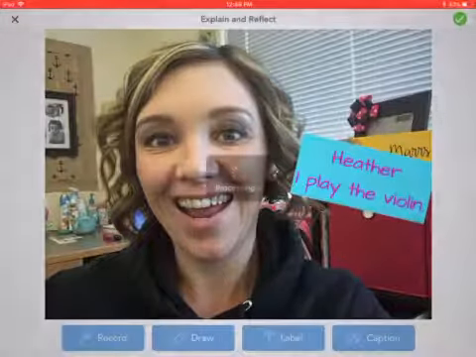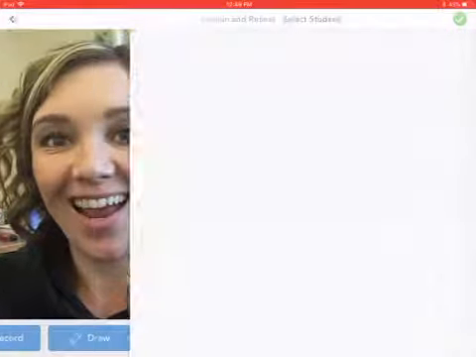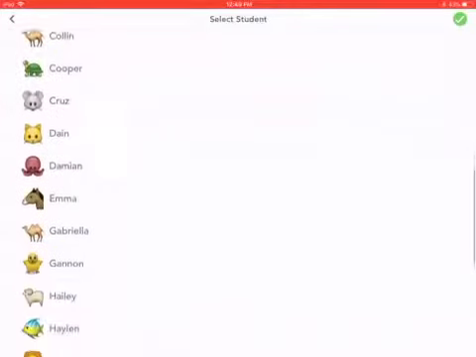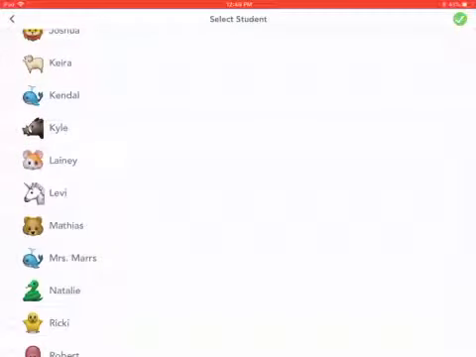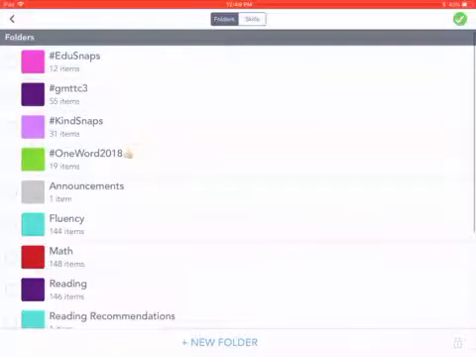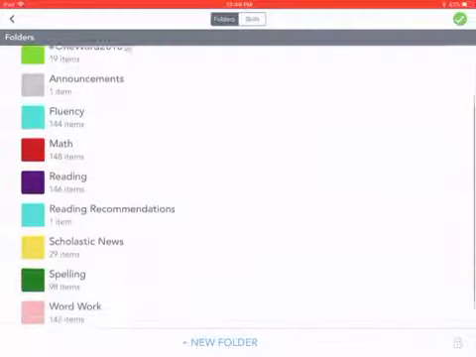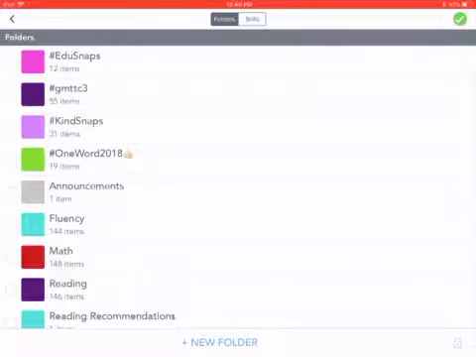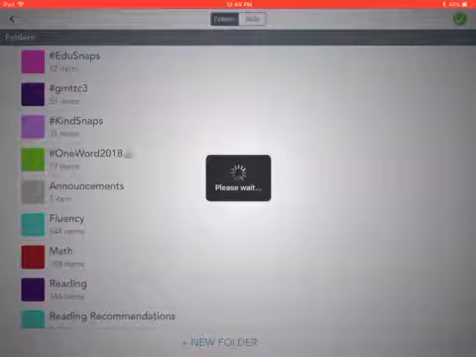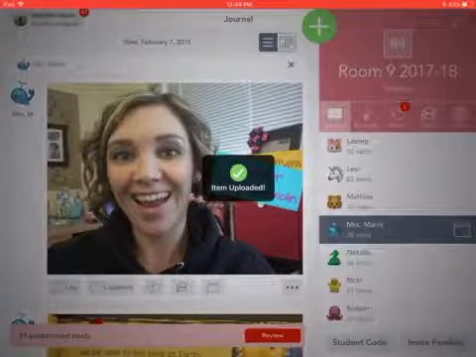I'm going to click the green check mark in the corner. I'm going to click it again, and as I've said before, please make sure to make yourself a student in your own classroom so that you can add examples for your students. I don't have a folder that I want to put this in, so I can just click the green check mark. Not everything has to go into a folder, and